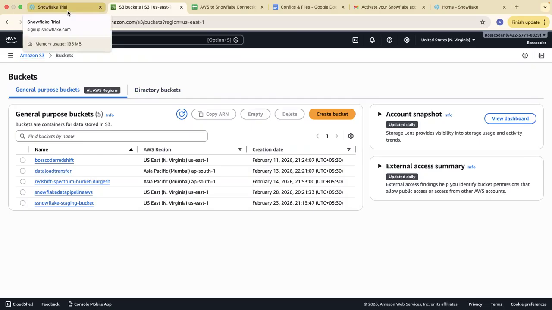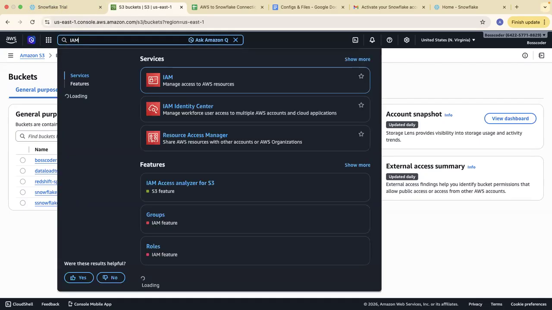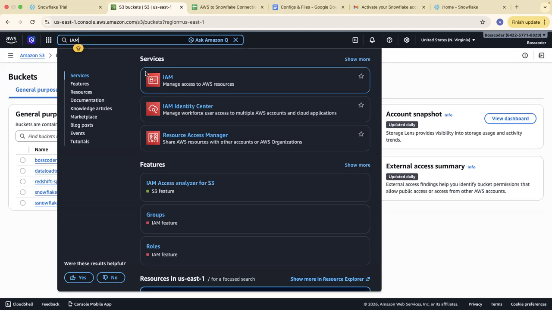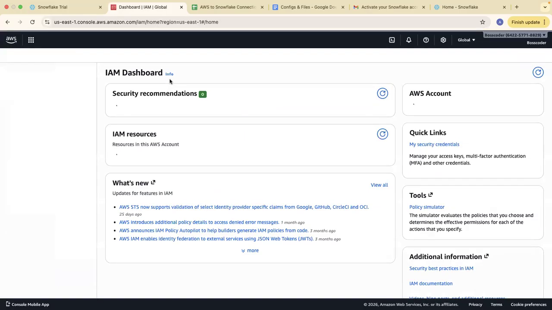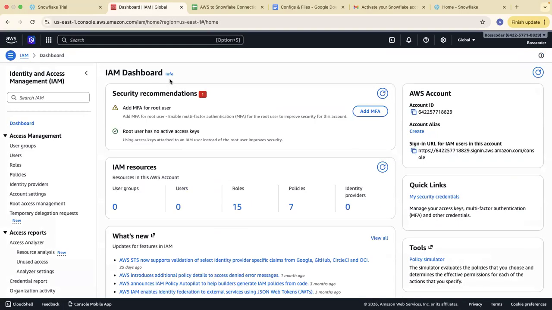Okay. Now the next step that we are going to do is go to AWS only, and we have to click on IAM. So we have to write IAM and go to IAM. IAM stands for Identity Access Management. Let's say you have your AWS account, and that AWS account is yours. You have your own files, your own things, or you can have your own company's data.